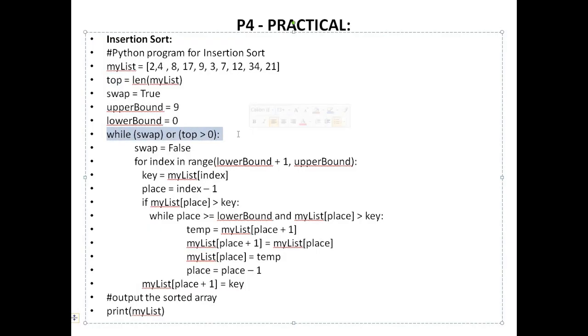Now the code for it is simple. We are going to start with a while loop: as long as top is greater than 0 and swap is true, we are going to store false in swap, and then upper bound will be the last value, lower bound will be 0.